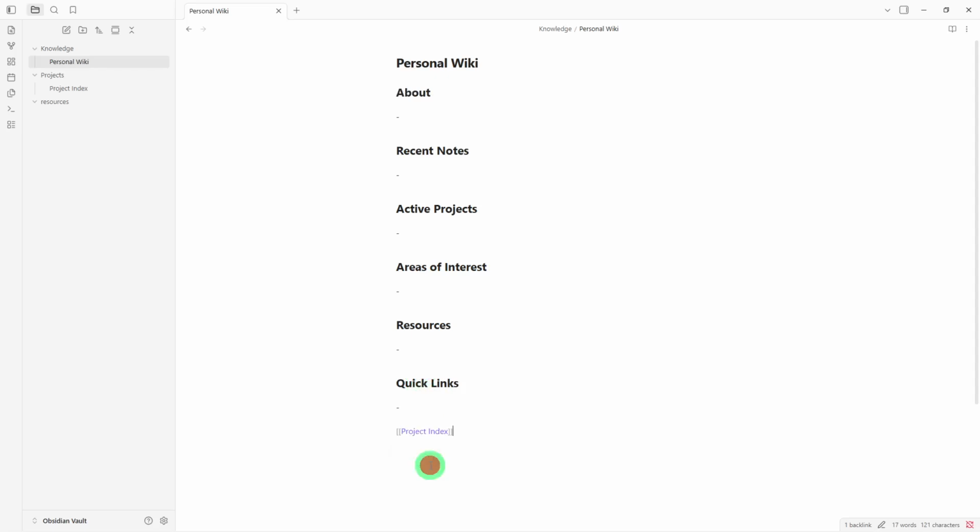A personal wiki in Obsidian creates a centralized knowledge system where information is connected instead of stored as isolated notes. Rather than searching through dozens of folders, you can move between related ideas using internal links and navigation pages. As your knowledge base grows, your personal wiki becomes a valuable reference that helps you organize information, revisit ideas, and